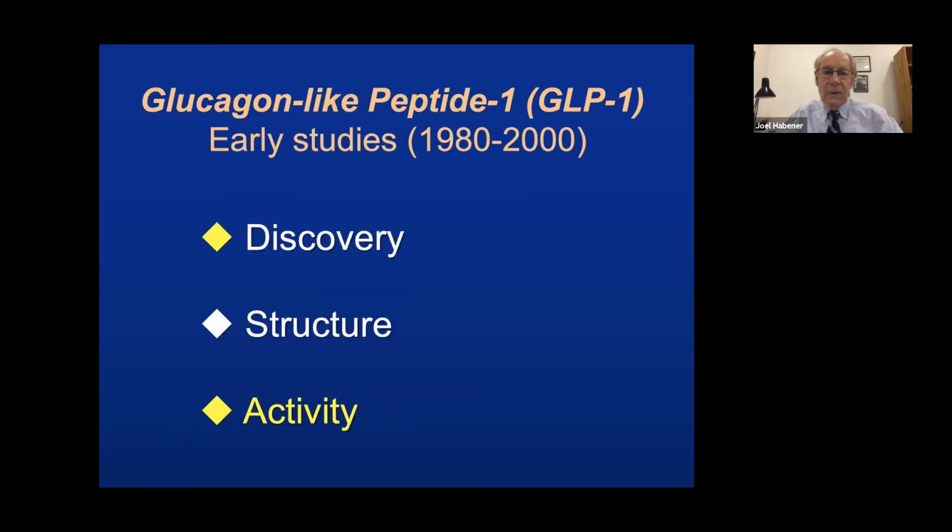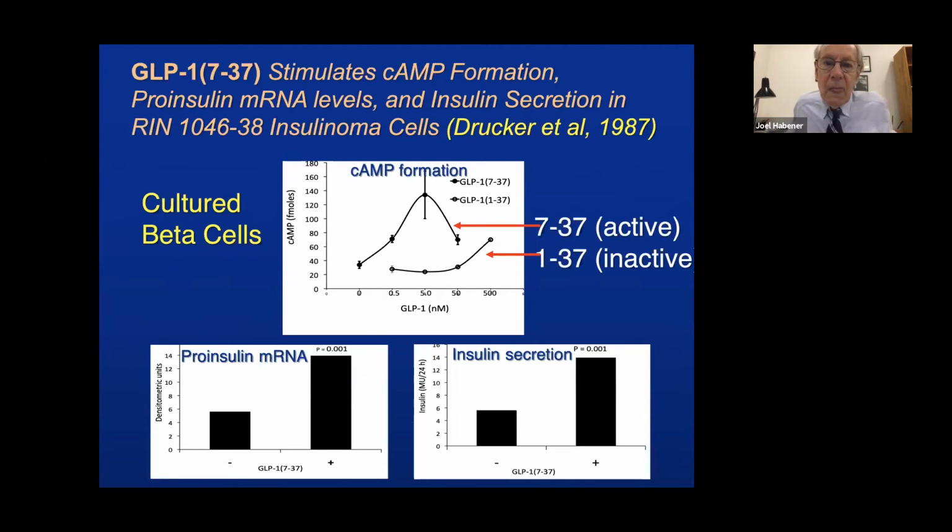The one study we did was carried out with Dan Drucker, who was a postdoc in my lab at the time, using cultured beta cells, a beta cell line, the RIN 1046-38 insulinoma cells, and then we measured the responses of 7 to 37 and 1 to 37